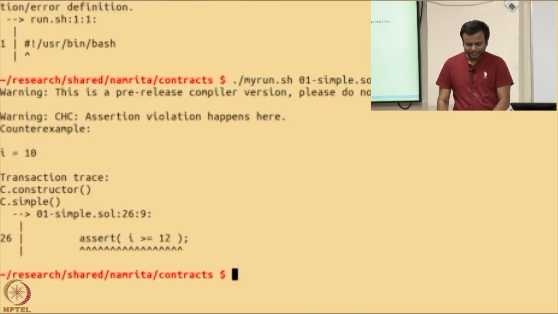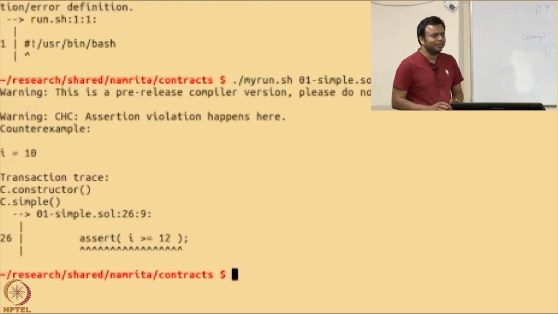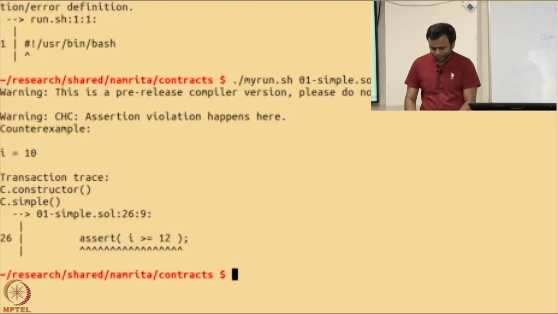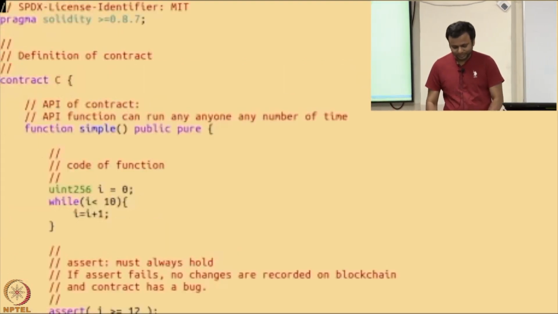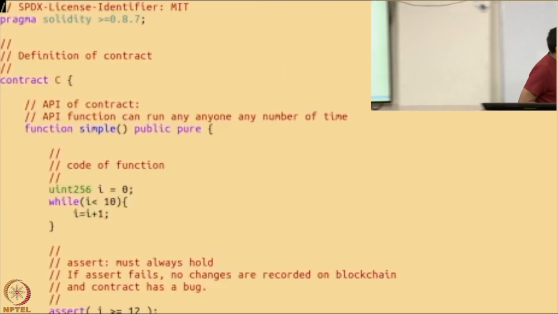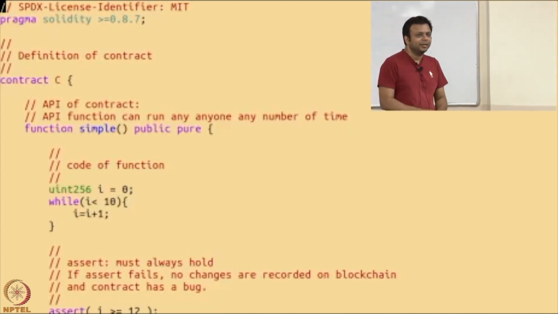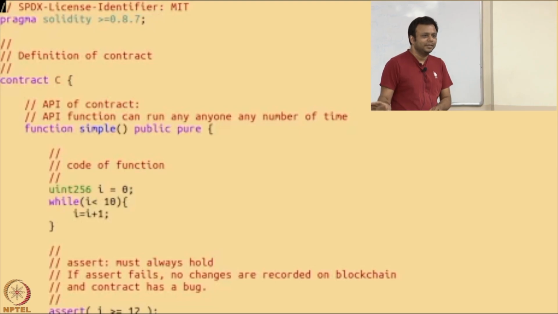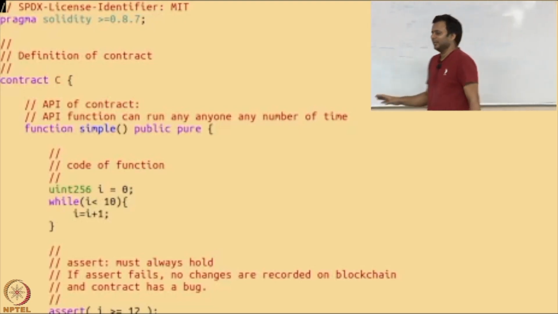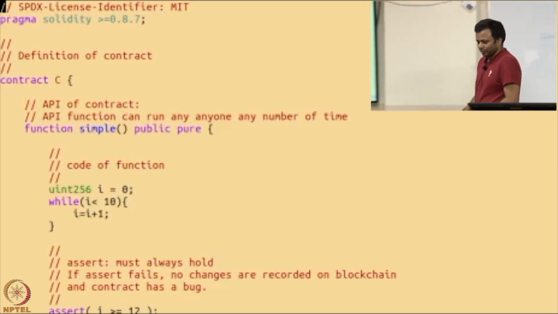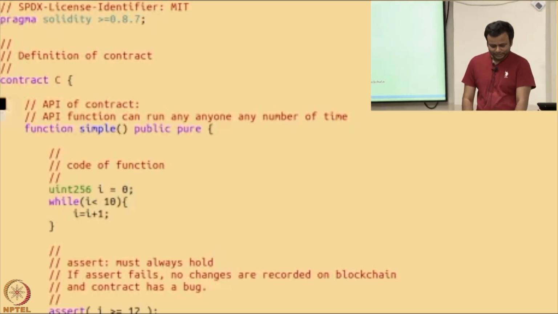So it says that I cannot be greater than or equal to 12. Okay, I had introduced the bug actually. I was saying that whenever the program finishes, I is greater than or equal to 12, right? So you cannot reach 12. So if I switch it to, let's say, 10,